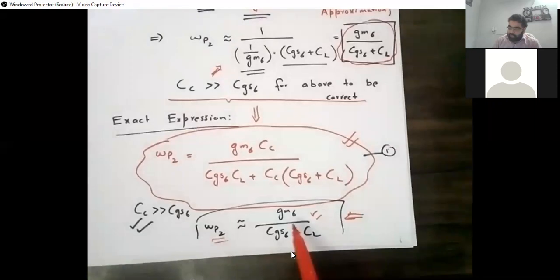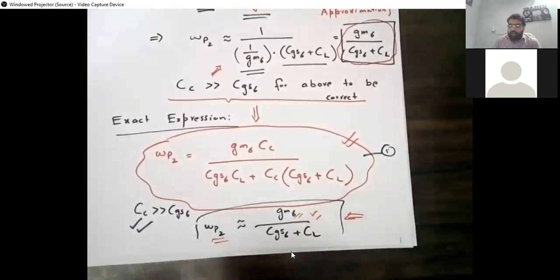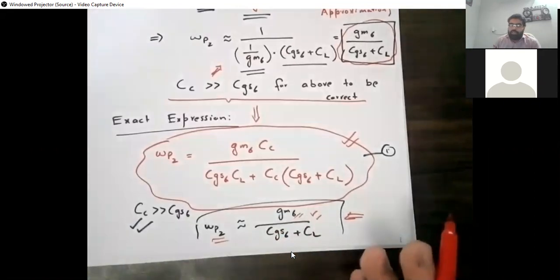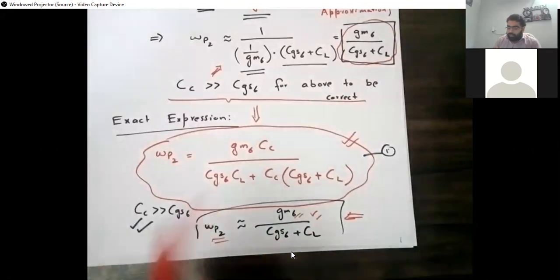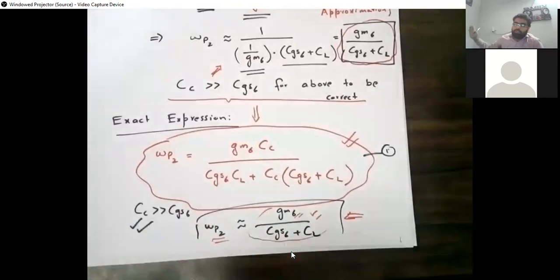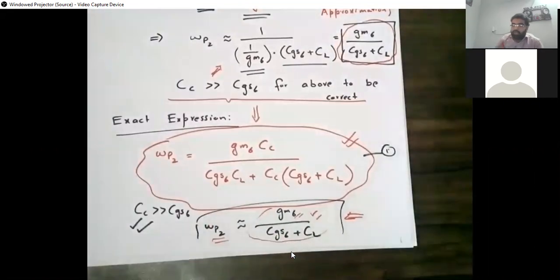और हम इसको देख सकते हैं कि now omega P2 is what? GM6 divided by CL, for example. So GM6 क्या है? It's going to be a smaller value. CL क्या है? Is going to be a very big value. So ultimately, the overall expression is going to be more towards the right hand side. ठीक है? The overall expression होगा, that will be shifted more towards the right hand side as compared to the previous expression. हम अभी देख भी लेते हैं how it is,